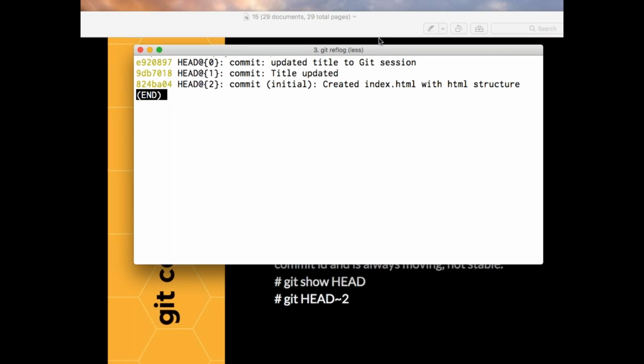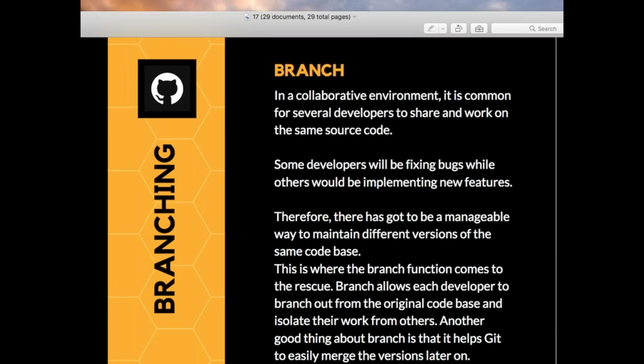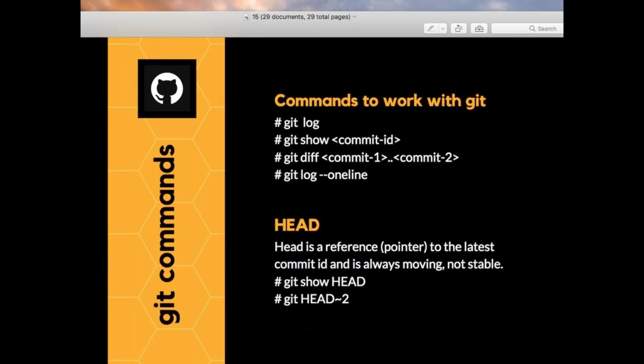Tomorrow there are a lot of things left, so tomorrow we can start with the branching concept and all this. So today, do you have any doubts for this session? We saw only about 7 or 8 commands today, like how you can check the logs. Basically we went through three particular things: how you are working with your staging area, working copy, and local repository, and how the changes are being monitored.